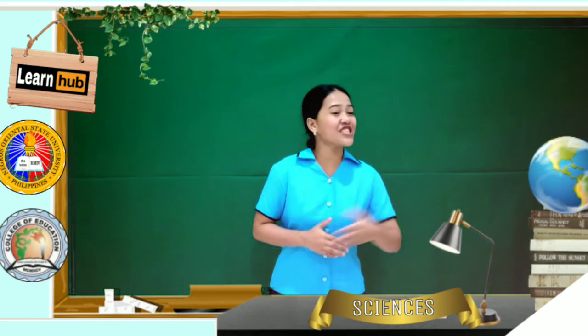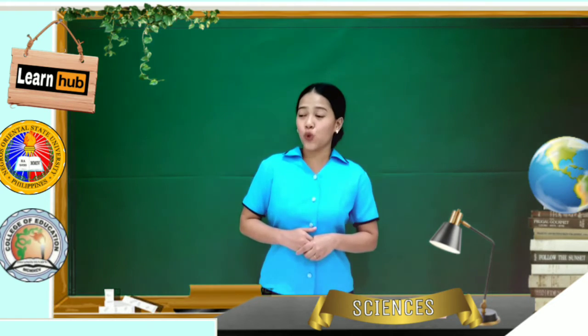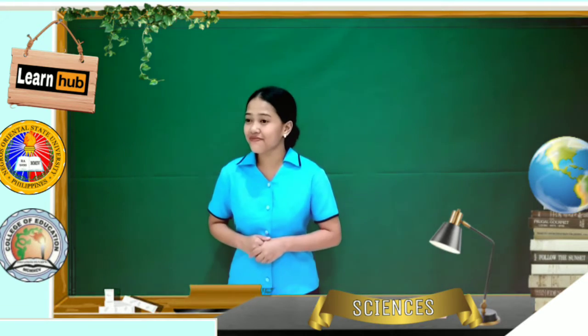So for our review of previous lesson, what was our previous lesson all about? Yes, well, very good. It's typhoon. So what is typhoon? Yes, Earl? Very good. Typhoon is a giant rotating storm that brings rain, wind, and destruction. So how does typhoon form? Yes, Lida? Very good. So you have said it very well, class. So let's give yourselves a round of applause. Yay! Now, are you ready now for our new discussion?